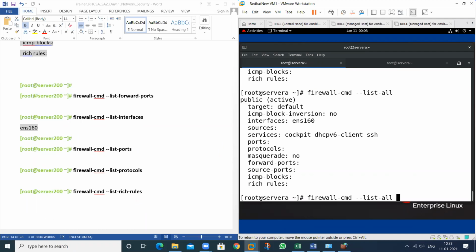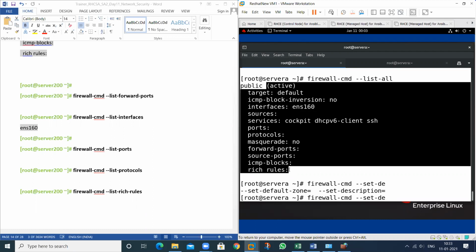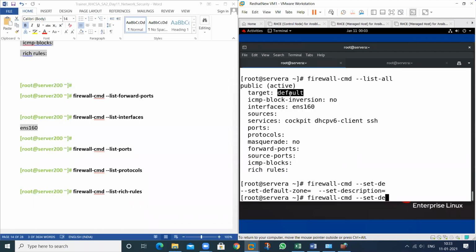If I change this, see, set default zone, set this one. This is the command to change your zone. If I change this to another, then this will not show me by default in the default mode. So what is the meaning of this? Default means which zone you want to apply as the default zone.